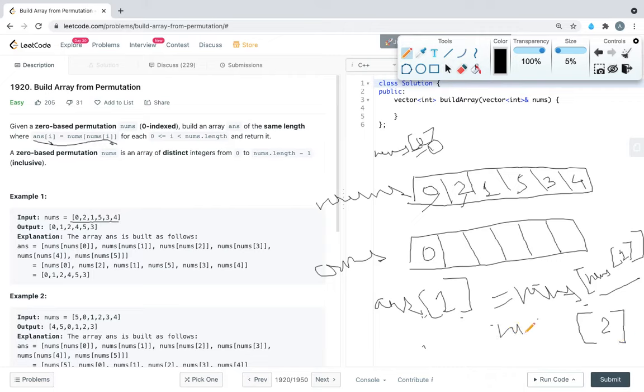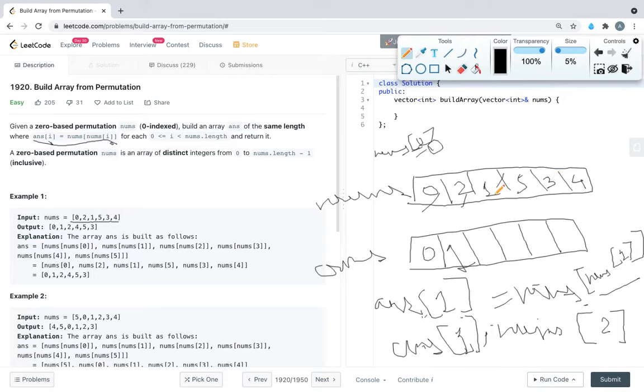So we have to find nums[2]. Nums[2] will be 1, and this is what we are finding for answer[1]. So answer[1] will be 1.